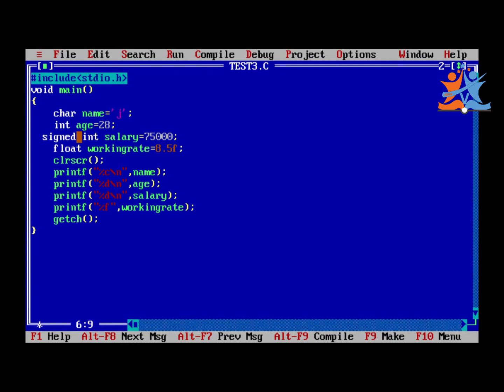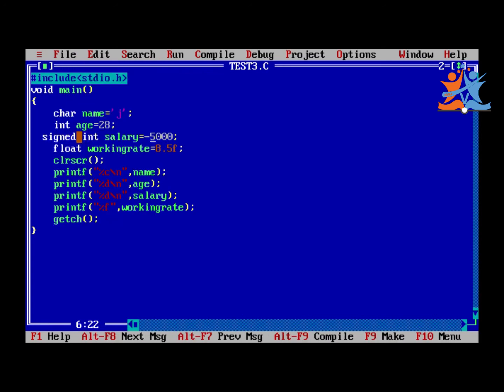So what is the signed int? I can go with a minus 5,000. We can go with an access range limitation first. So signed int we can go with the same scenario as %d only. Okay.